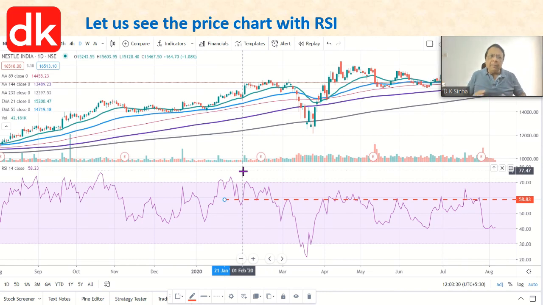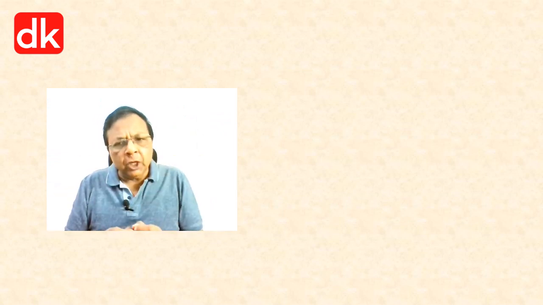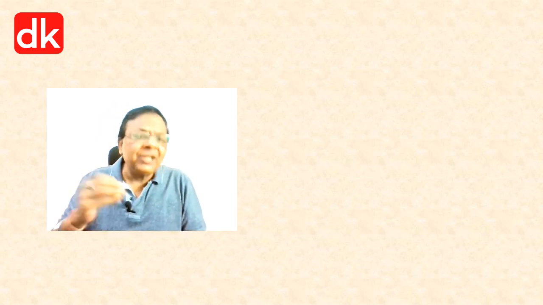So RSI as a momentum indicator helps us to see various aspects. If we combine it well with price action analysis, it gives a very good clue to refine our technical analysis for better accuracy. So friends, I do hope that today's tutorial on the momentum indicator, that is RSI, will help you to enhance your accuracy on technical analysis when you combine price action analysis with a momentum indicator like RSI.